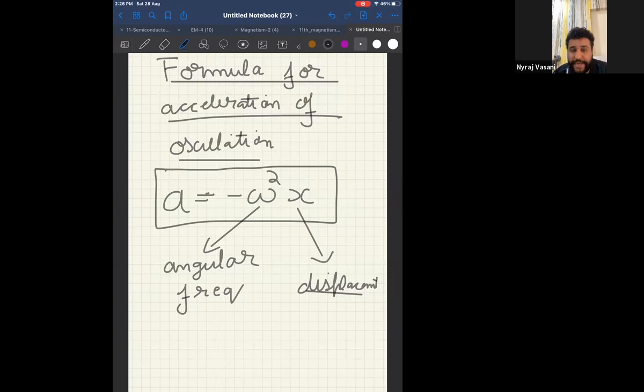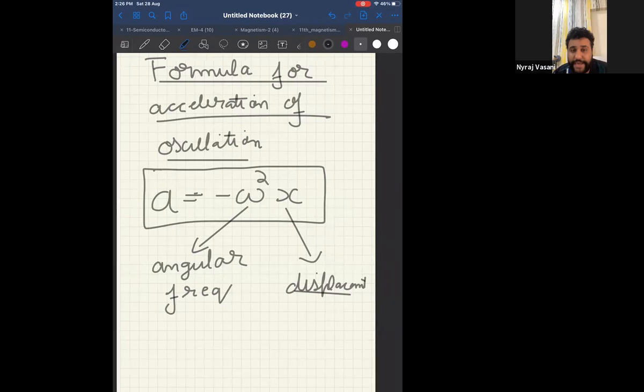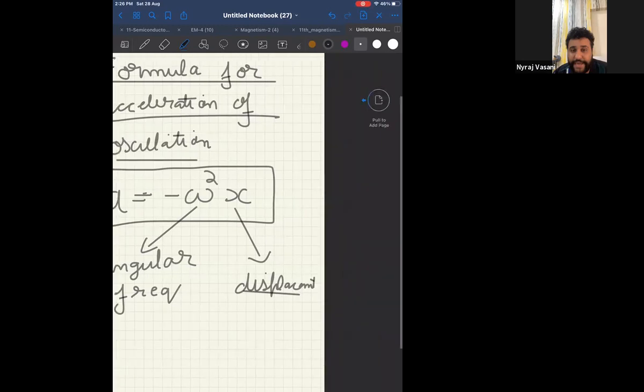Now, the next topic. The first topic is that the formula for acceleration of oscillation is omega square x. That you have to remember. Now, the next topic will be